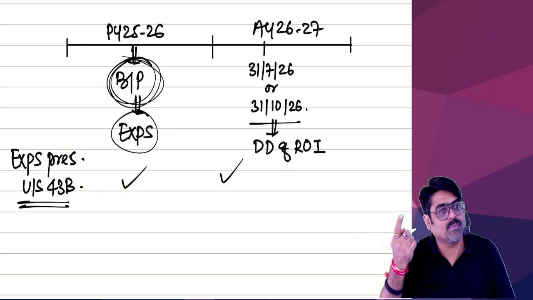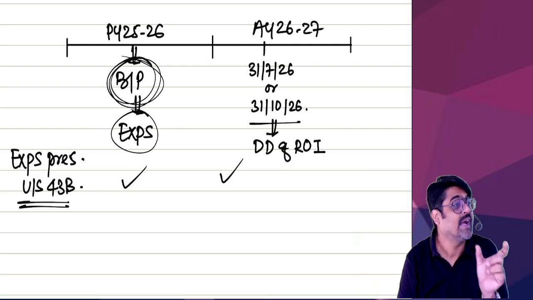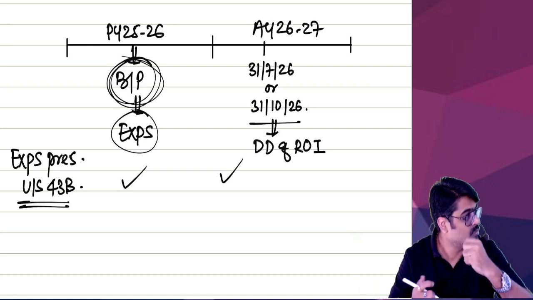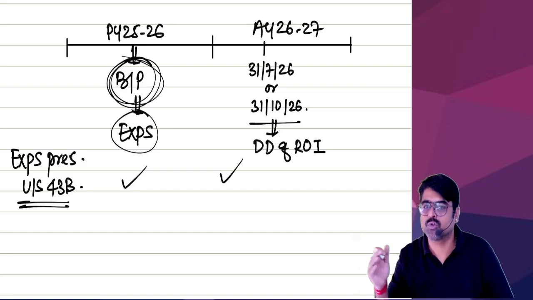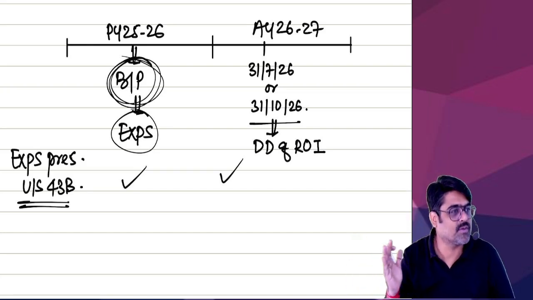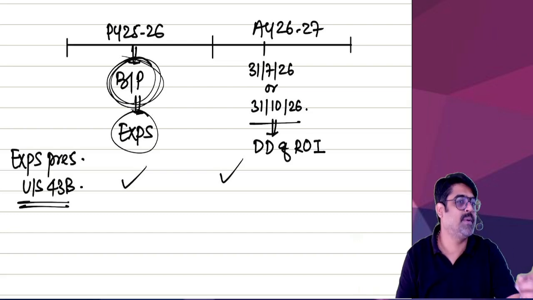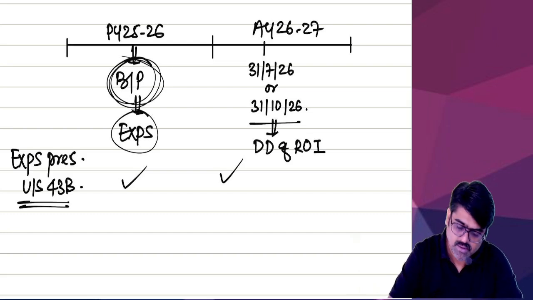But out of those expenses, one expense is taxes. What? Taxes, duties and cess which you pay in the course of your business or profession. Those are the taxes, duties and cess which you usually pay in the course of your business or profession. Make sure that you have actually paid those taxes. The taxes we are not going to allow on due basis. So for example, for this year,